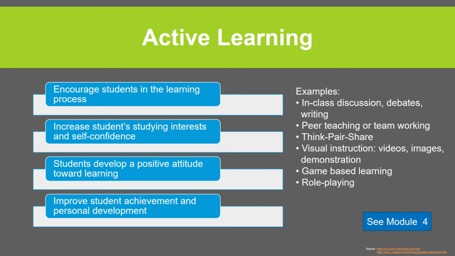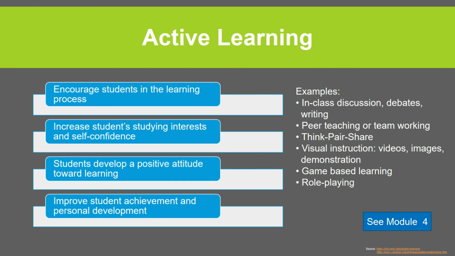We're going to review these three areas and just give you a quick overview. Active learning encourages students in the learning process. It increases students' interest in studying and builds their self-confidence. You can see students will develop a more positive attitude toward learning, and it'll improve students' achievement and their personal development. Different examples on the right-hand side would be class discussions, debates, writing experiences, perhaps peer teaching or working together